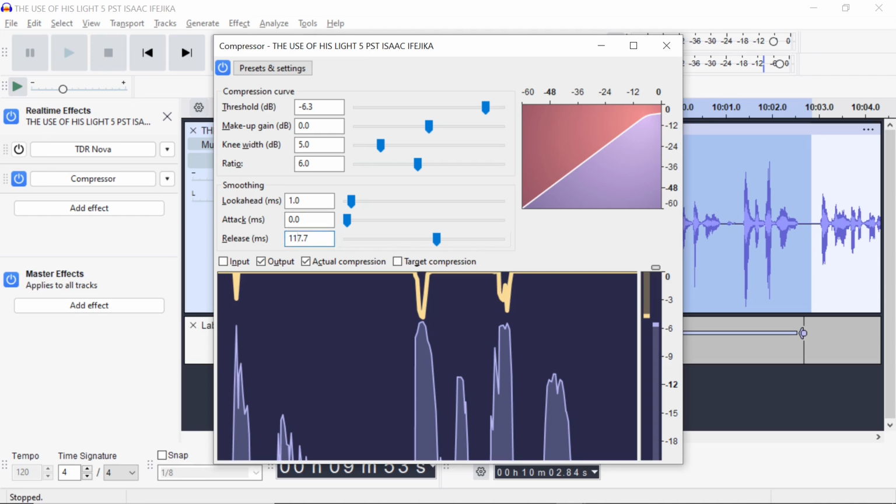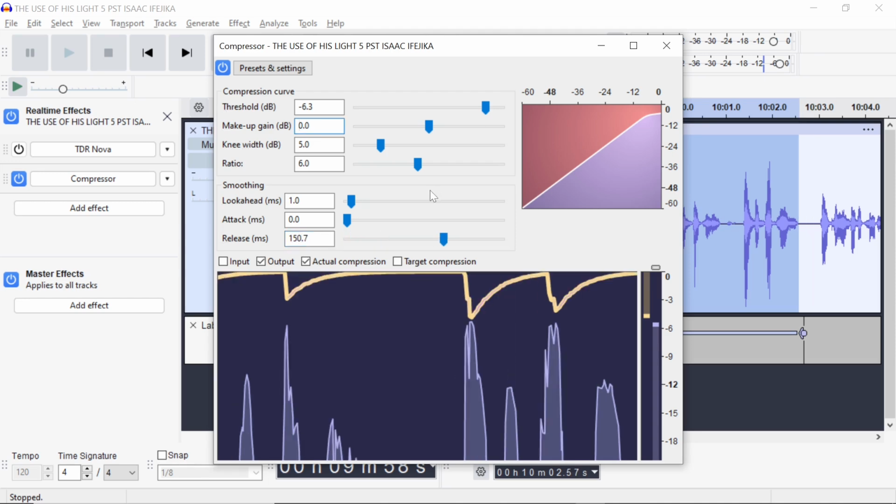Now let's go to the makeup gain parameter. The makeup gain is used to raise the volume after the compressor has reduced the peaks. Currently the makeup gain value is at 0 dB, which means there's no increment in volume after compression. Currently on our screen,